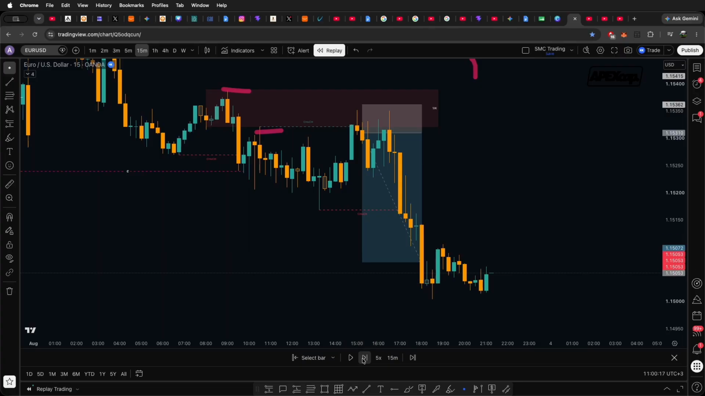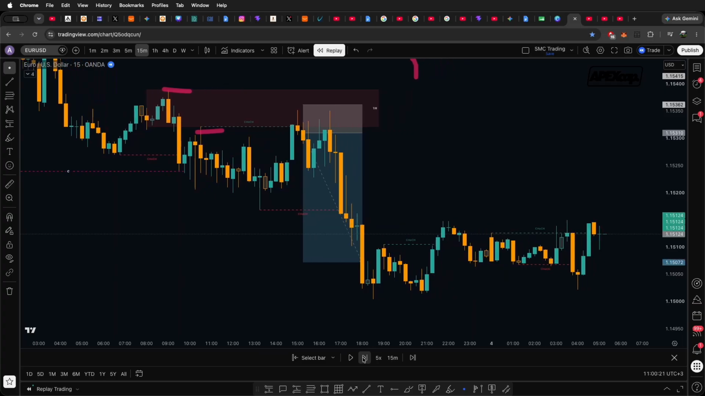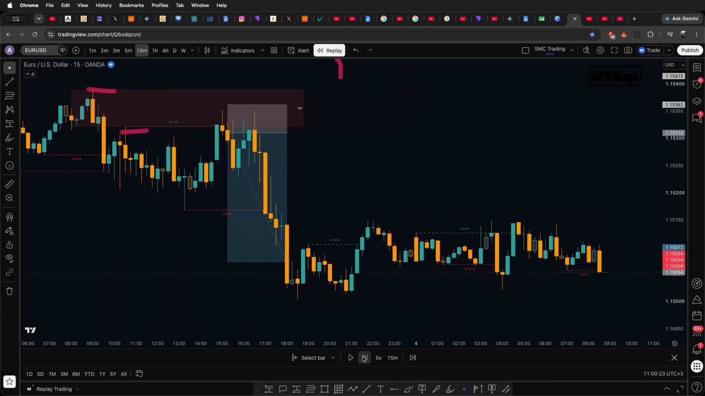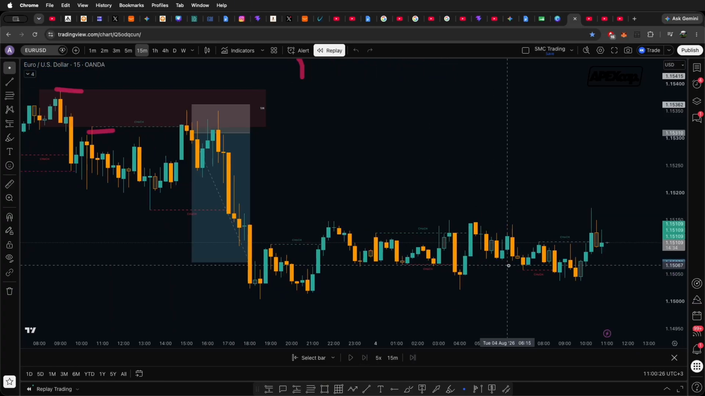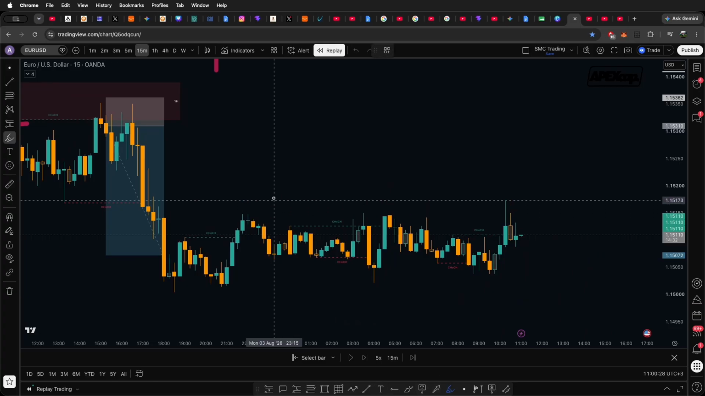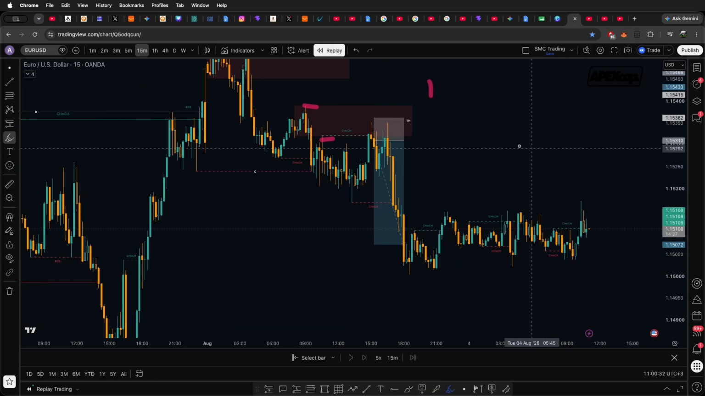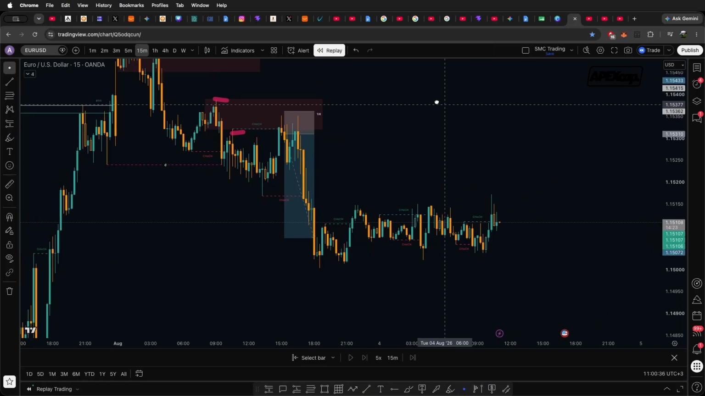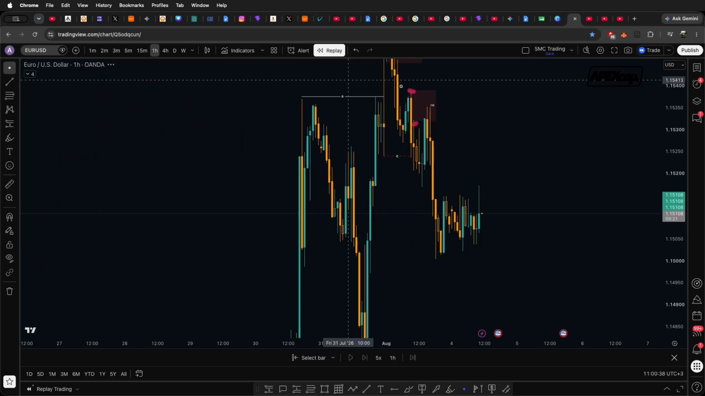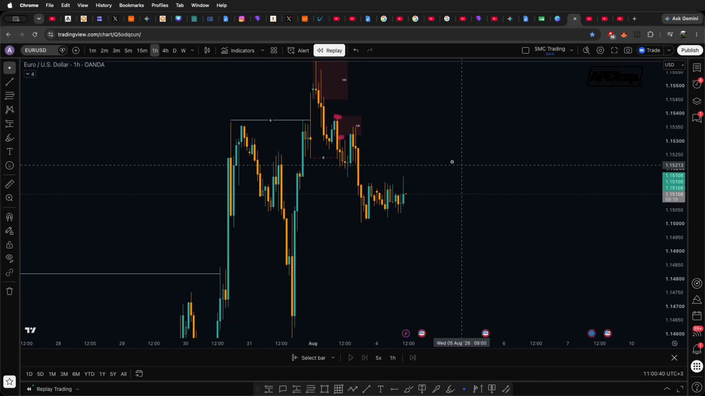So coming into the new day, that was the end of Monday. We're coming to Tuesday, and Tuesday was just a ranging day. We haven't seen much. Asia just ranges into London, and there's nothing much going on here. So sit on our hands, wait for New York open to potentially give us some volatility and see whether we can actually continue with that downside momentum,